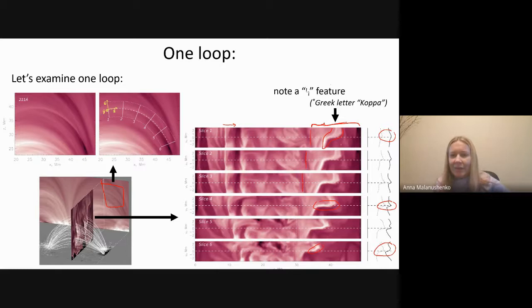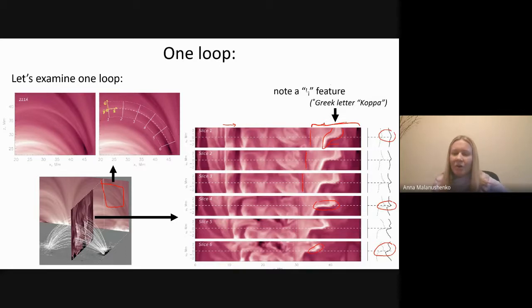The second part of the problem is that notice how the brightness changes in this one single structure. In slice 1, the bottom leg of the kappa is the brightest. In the middle slices, the horizontal bar of the kappa is brightest. In slice 6, the top portion of the kappa is brightest.